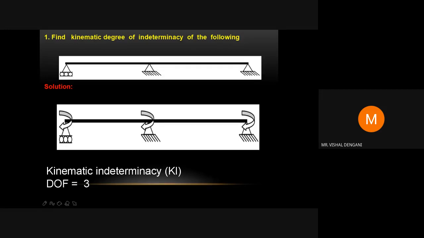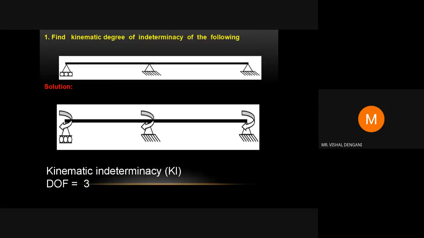At the joint, the supports are to be provided. At each support, first of all you have to calculate the degree of freedom. The first support is roller and the remaining two are hinge supports. Now what will be the degree of freedom in this case? Degree of freedom means free to move, in which direction the beam is free to displace. And this degree of freedom we have to calculate without axial deformation.